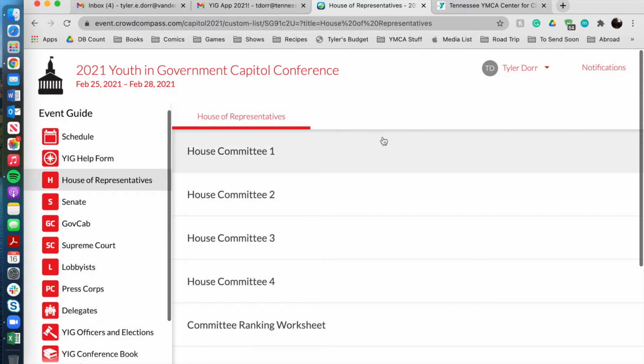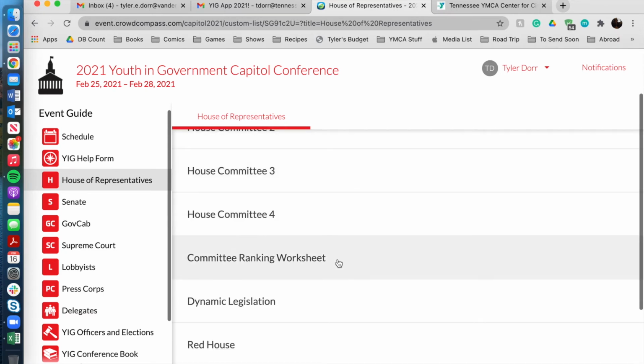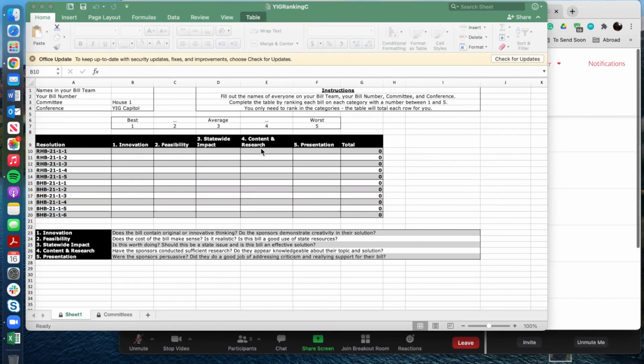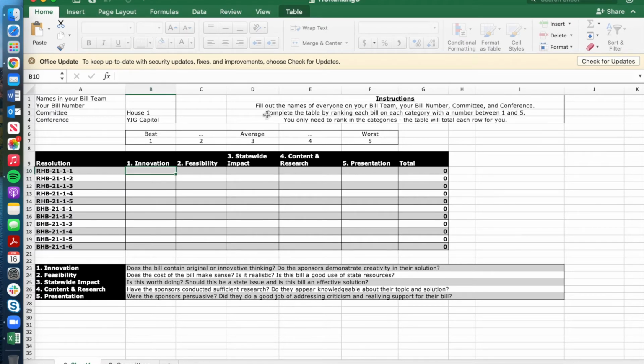For those of you in the legislature, you're going to spend most of committee filling out a committee ranking worksheet, which you can find in the House and Senate sections of the app. I'll go ahead and show you what that committee ranking worksheet looks like. Once you download it, it's going to look just like this. I highly recommend opening it on Excel if you can, as that's the program that formats it best. But if it's not working for you, you can always keep track of the same things via paper or another